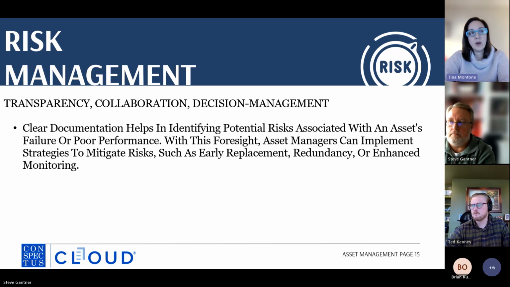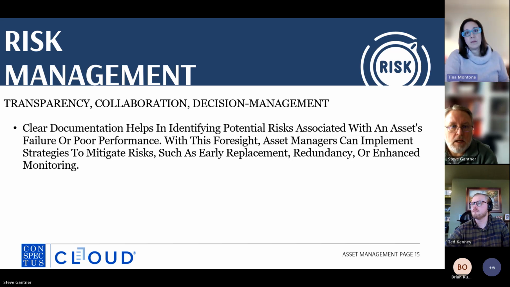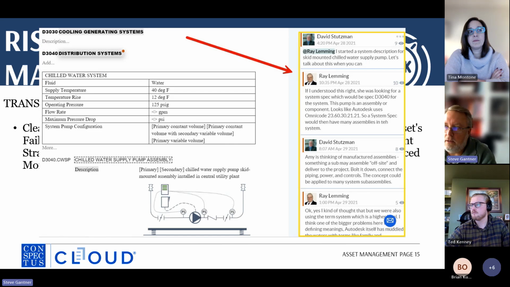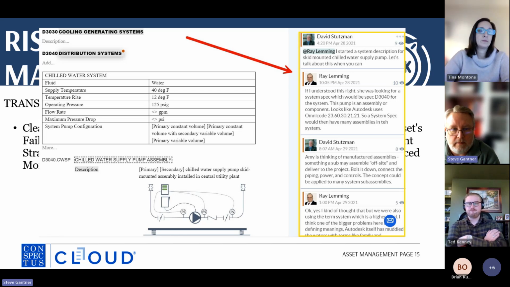Risk management is always critical and one of the biggest parts in a project for all stakeholders. Collaboration, transparency, and decision management are known practices to help reduce risk. Steve, what practices aid in managing risk? So if everyone's participating in the project, your risk is naturally reduced. And what we encourage with our software is communication between all stakeholders. Here's an example of the chilled water pump